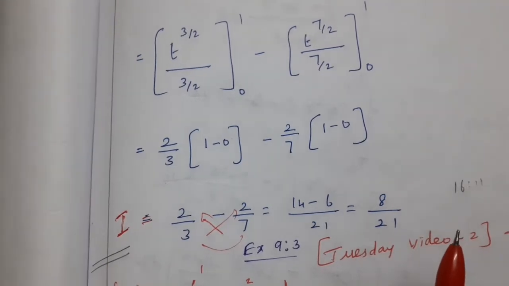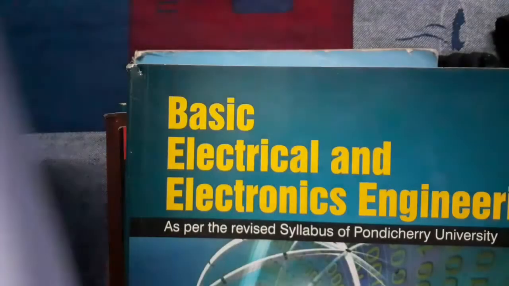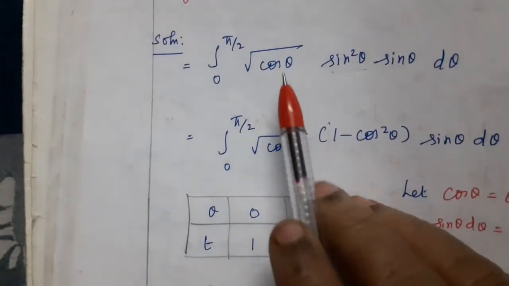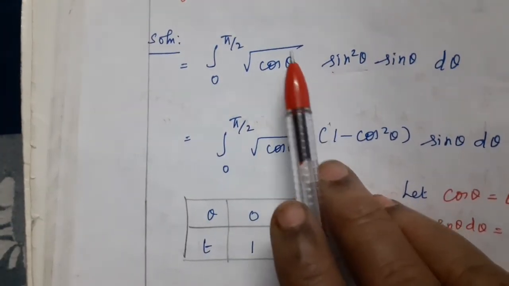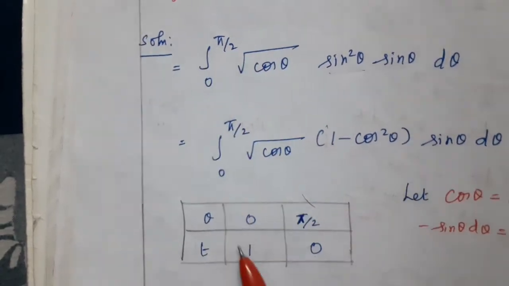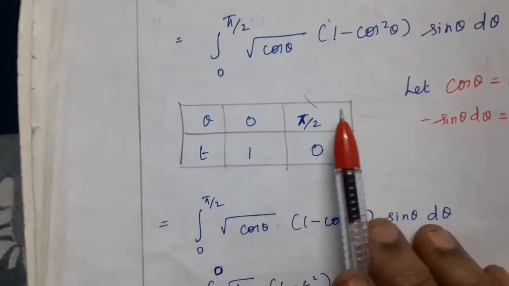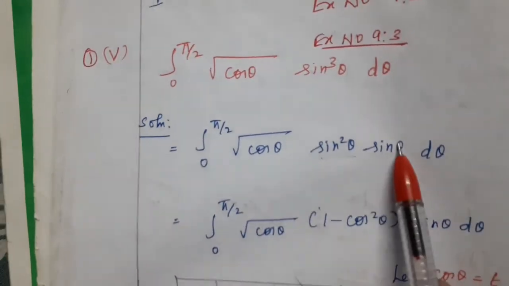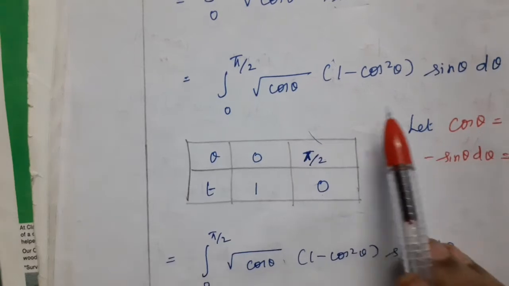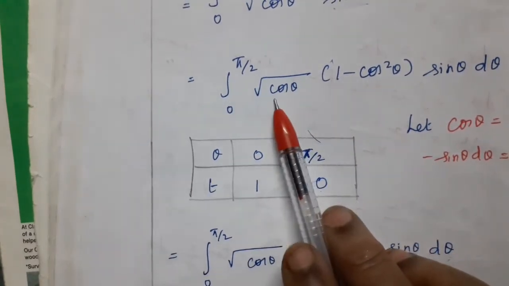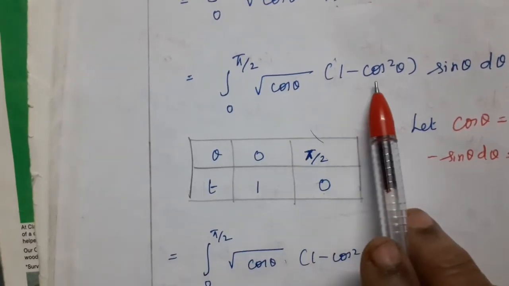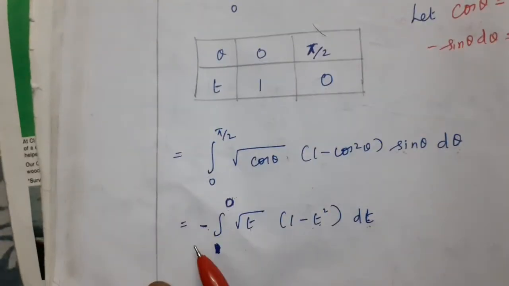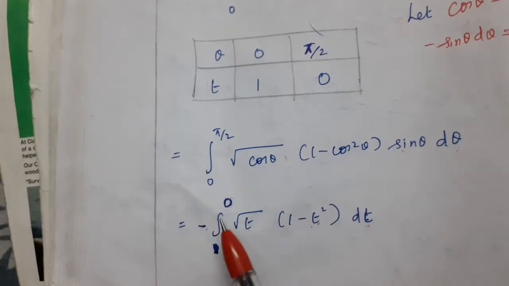Here this sum only has the change of variable. If cos theta is in terms of t, if you change the variable, then we also change the limit. That is a very important step. So sin cube theta is rewritten as sin square theta into sin theta. After simplification, instead of cos theta we substitute t. So root t, 1 minus t square, into sin theta d theta is nothing but minus dt. The minus I keep in front.